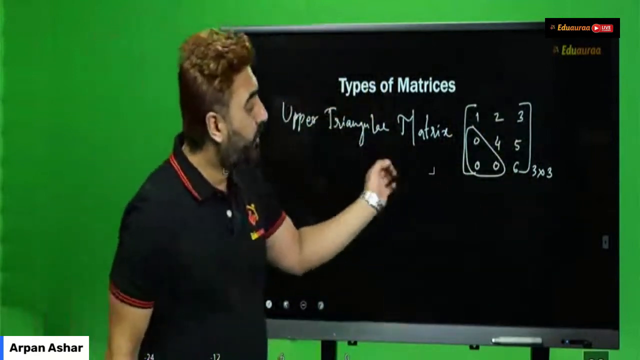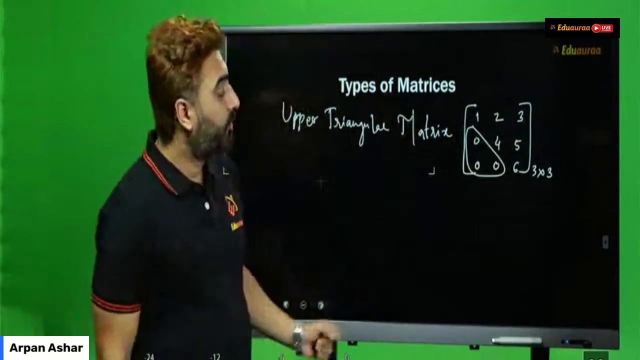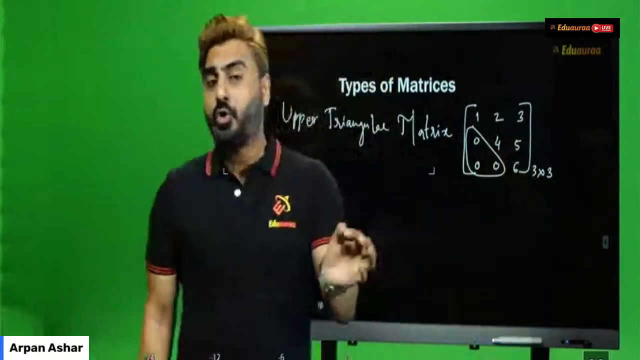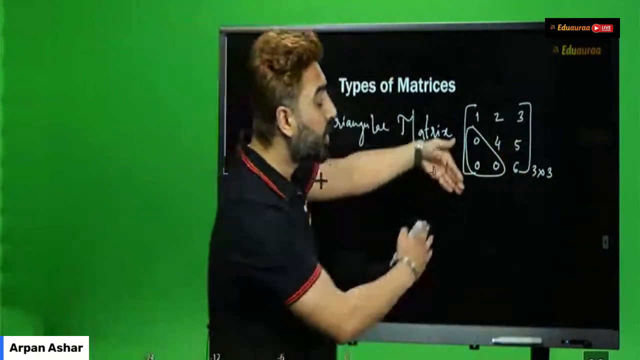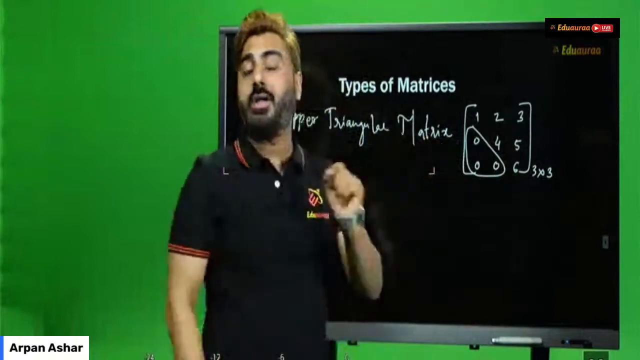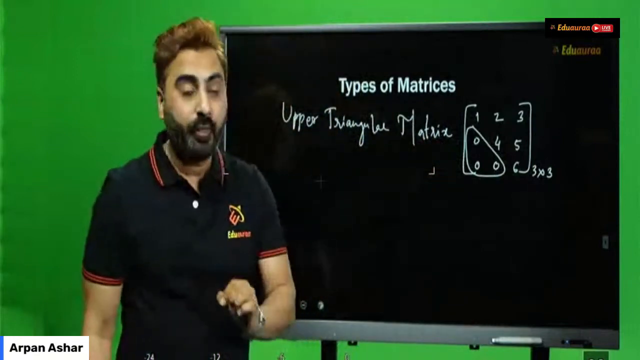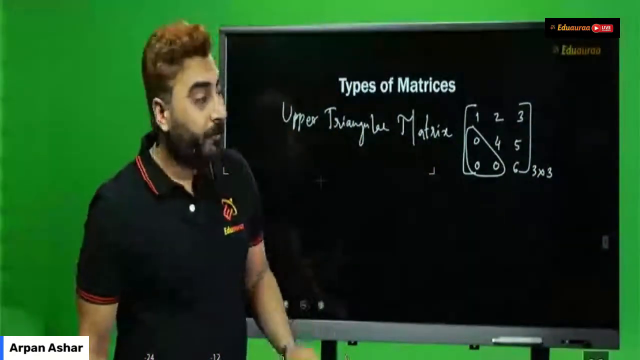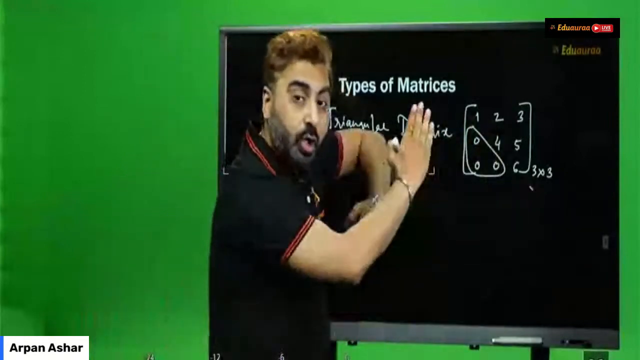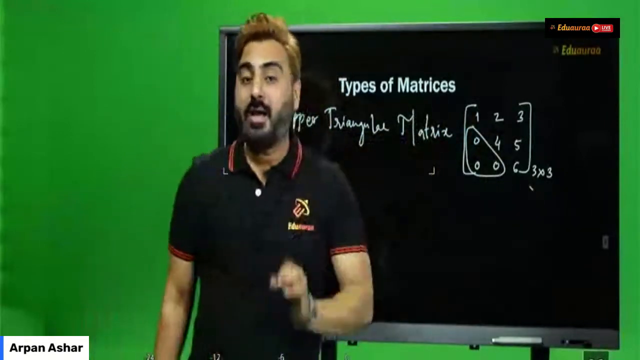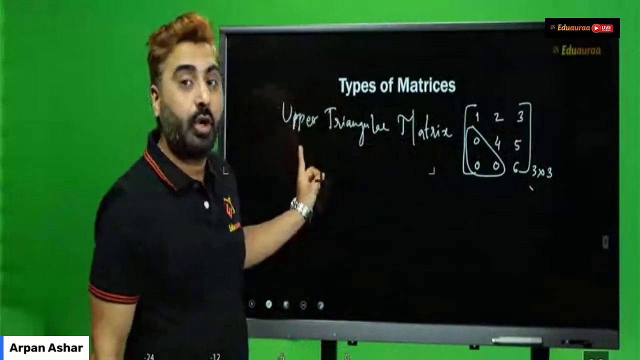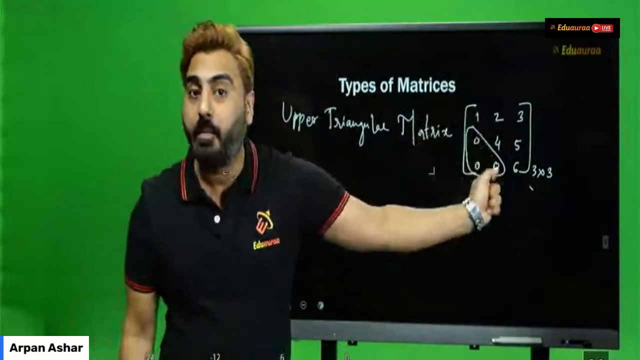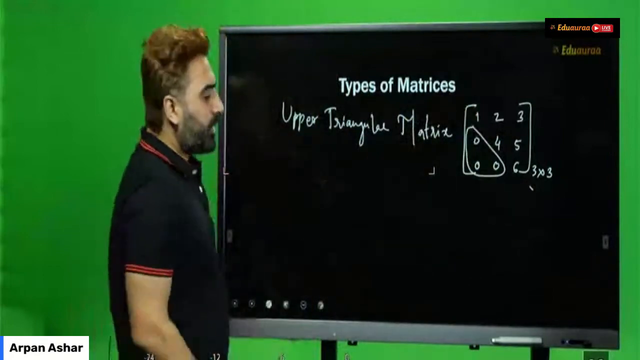So we define upper triangular matrix as, first of all, it's a square matrix. So a square matrix whose lower non-diagonal elements are 0. What is upper triangular? A square matrix whose lower non-diagonal elements are 0. That is called as a upper triangular matrix. उसके बाद आता है